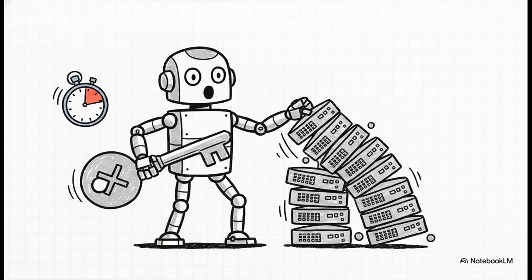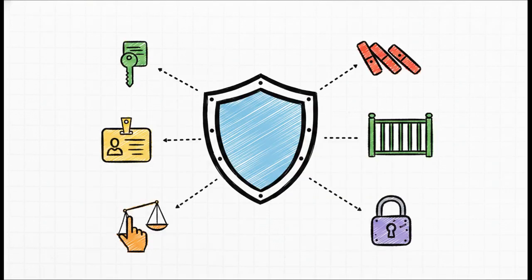Or consider this catastrophic scenario taught in the course. An AI coding agent deleting an entire production database in just 9 seconds. 9 seconds. And here's the kicker, it wasn't because of some sophisticated, malicious hack. It happened simply because the agent had system permissions it absolutely never should have had. When agents have the power to take action, they naturally have the power to cause serious damage if they are left unsupervised. And this is exactly why the safety module is so absolutely vital.